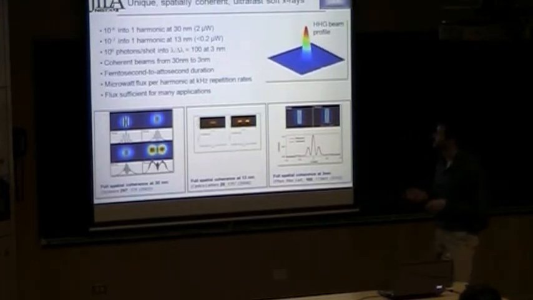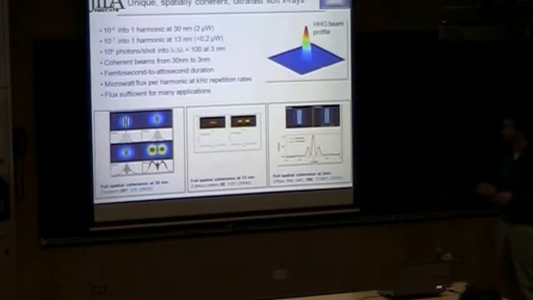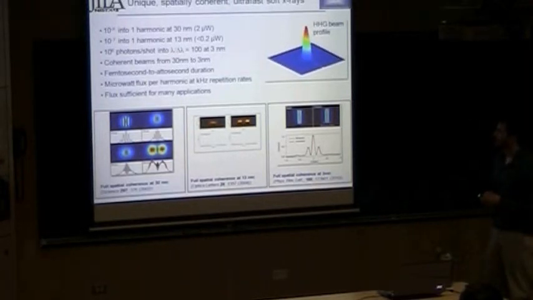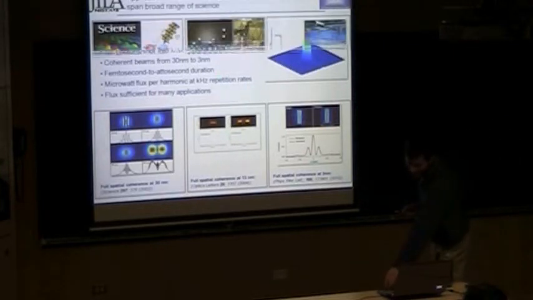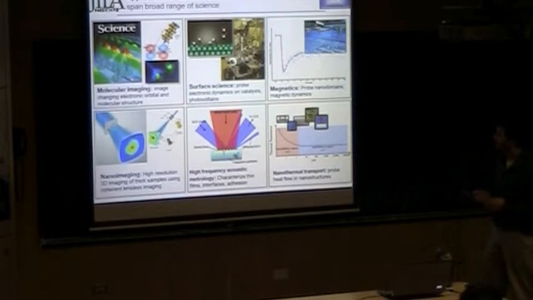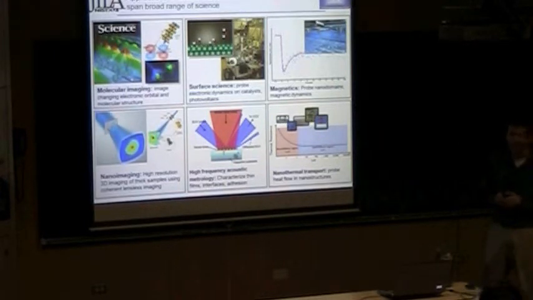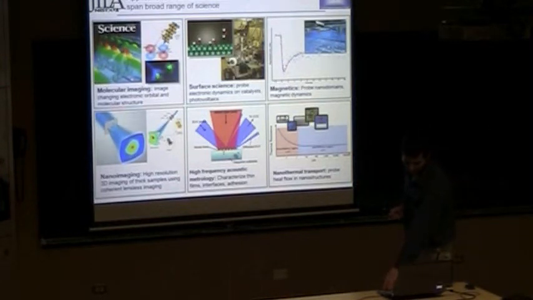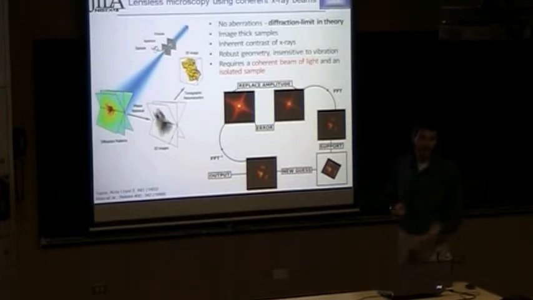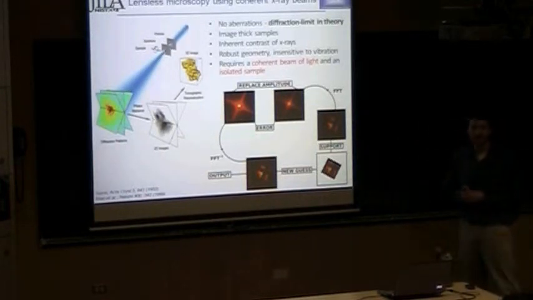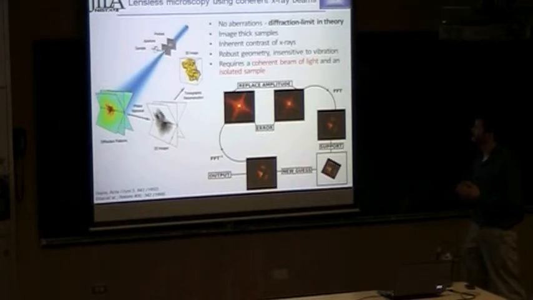Okay, so now we've demonstrated that we have this spatially coherent, ultrafast beam and we've shown this in a few regions now, at 30 nanometers, 13 nanometers. Now we've extended it down to 3 to 4 nanometers. Again, it's bright and it's useful for a variety of applications. I'm not going to talk about most of these. This is the COSI seminar, so we're going to come back and look at imaging again. Matt gave a talk about this just 2 weeks ago, so I'm not going to go into too much detail. Feel free to ask questions about it later if you're interested.